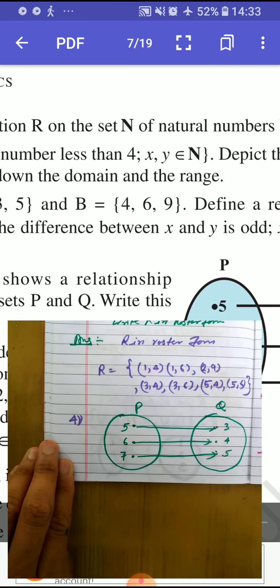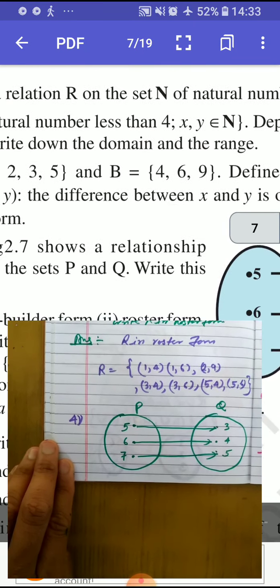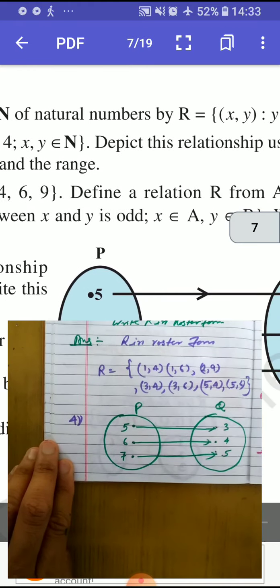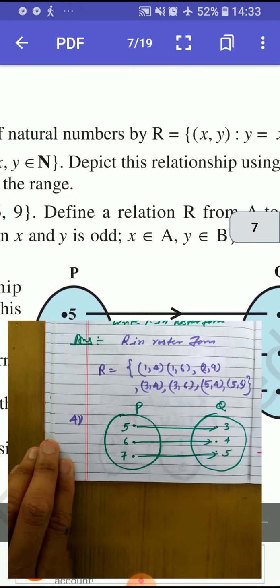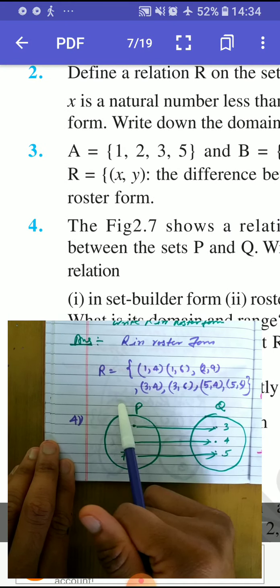Why? Because their difference is always odd, right? So what you have to do in this question? Define the relation R in roster form. This is the roster form